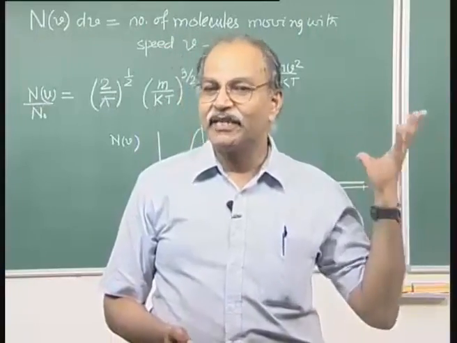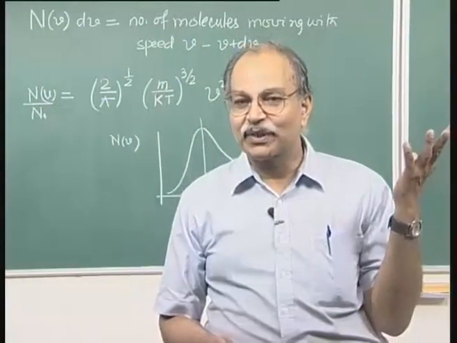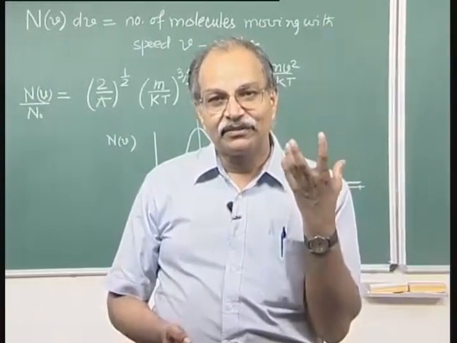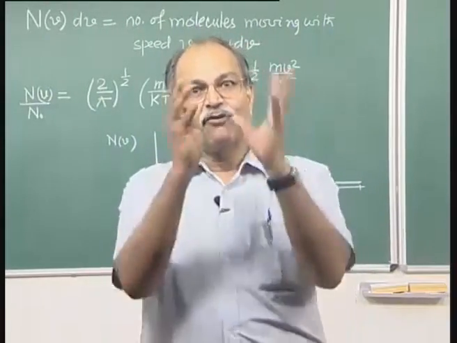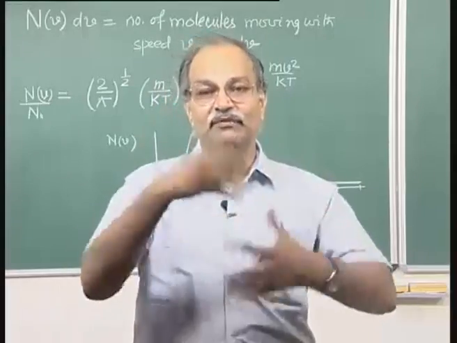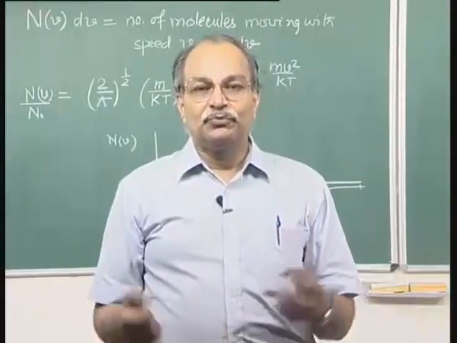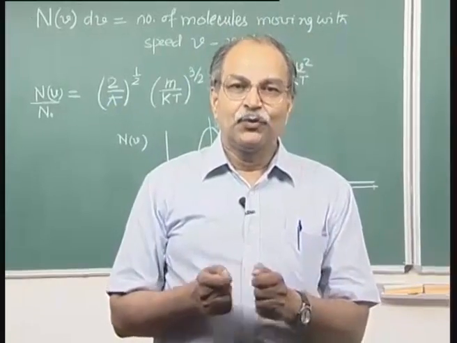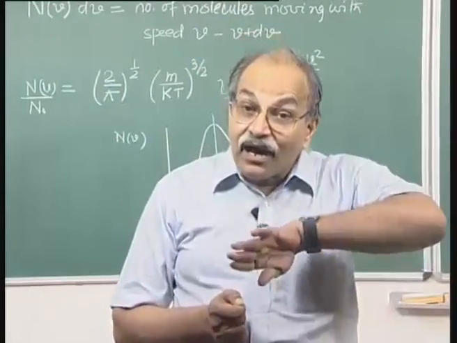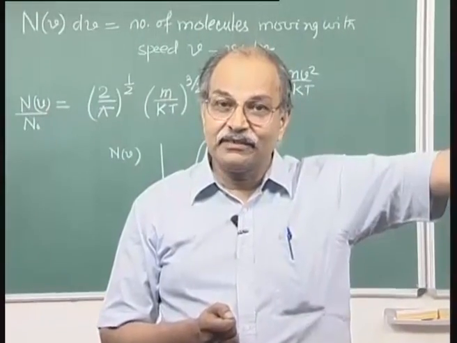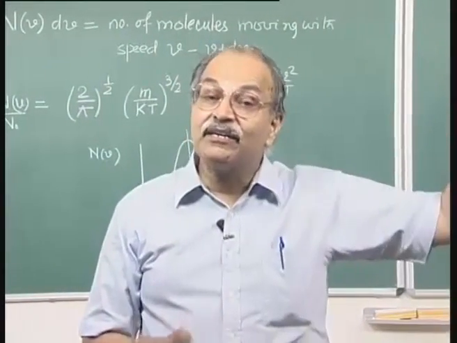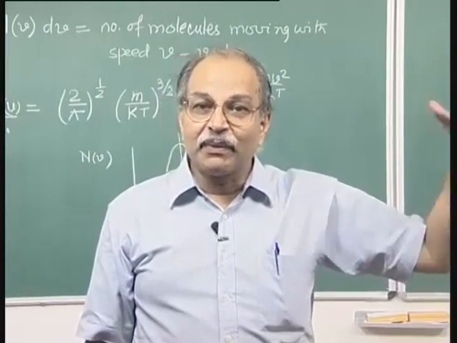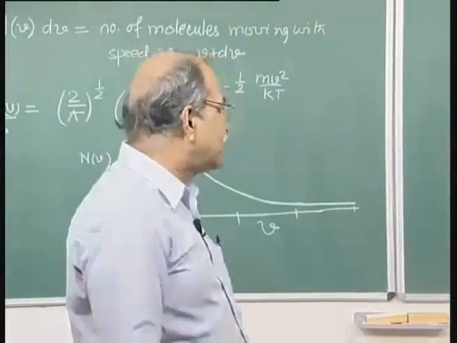Of course, at these high temperatures, 10 to the power 7 and 10 to the power 8, nothing will be in molecular form or atomic form. It will all form a plasma there. You have nuclei, you have electrons and so on. So, those nuclei which are moving towards each other with kinetic energies larger than 3/2 kT, they will have higher barrier penetration probability. Barrier penetration probability, if you remember,